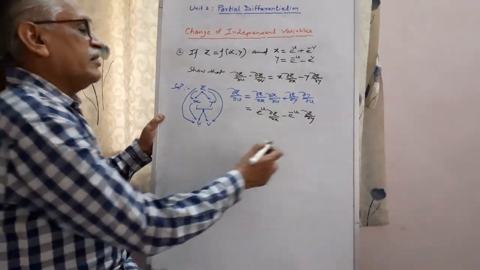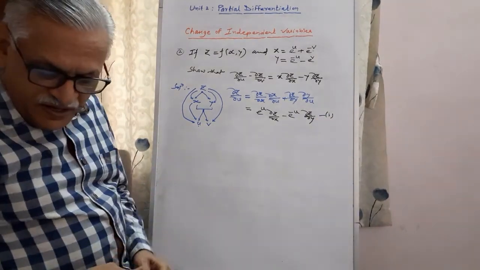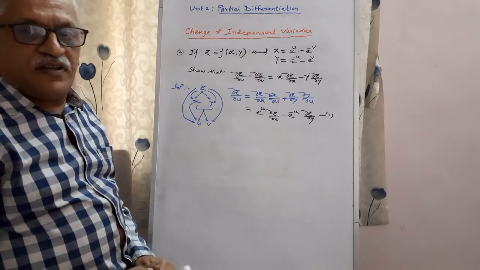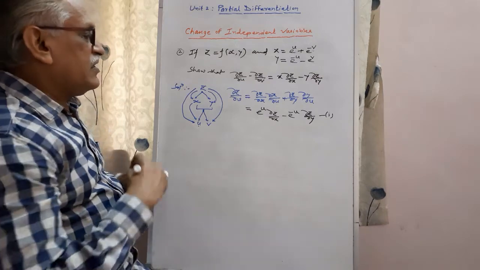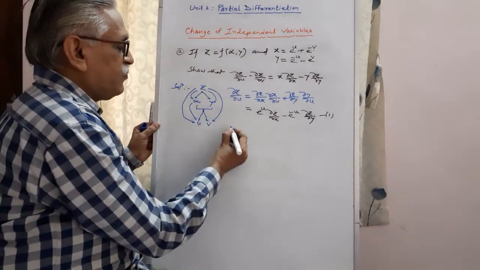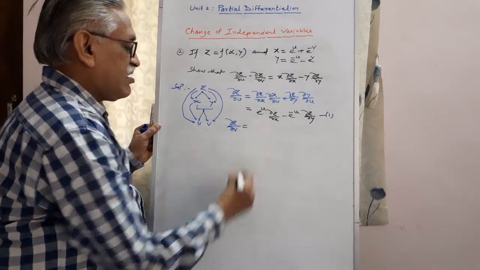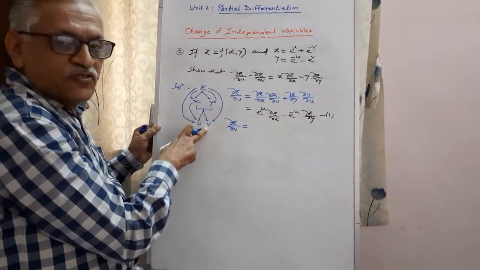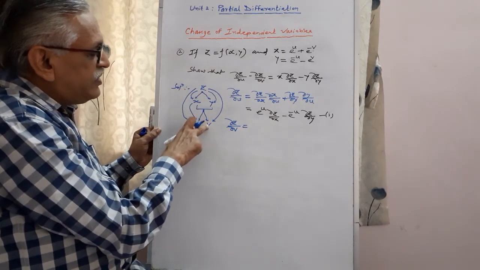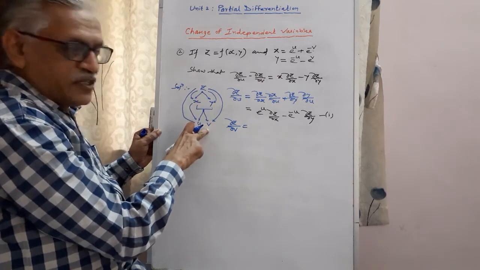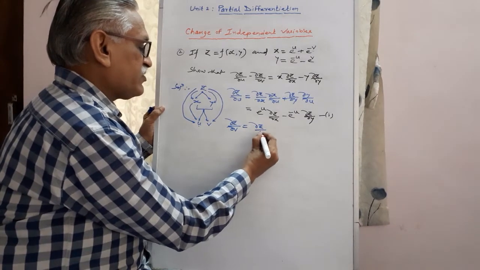Equation number 1. Very simple if you know the basic concept. If the basic concept is not clear, then it becomes a difficult one. Then differentiating z with respect to v. Again, direct differentiation is not possible. Therefore, we differentiate first with respect to x, x with respect to v, then with respect to y, and y with respect to v, thereby getting dou z by dou x